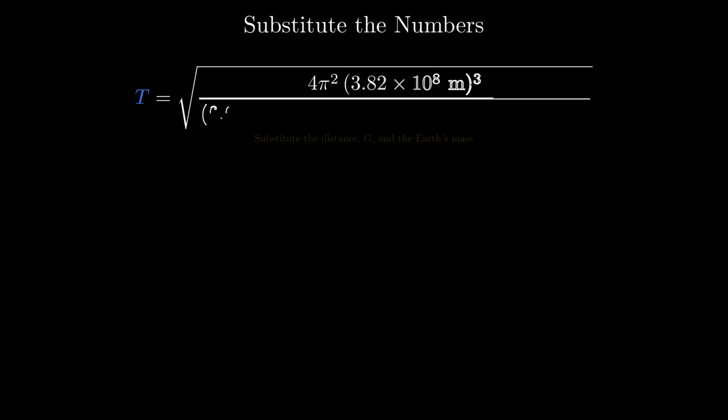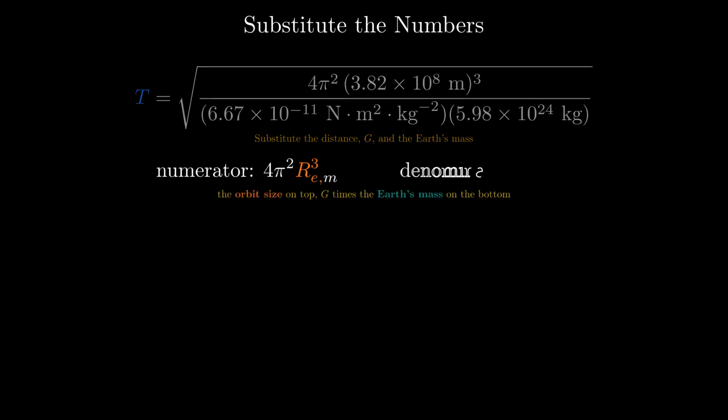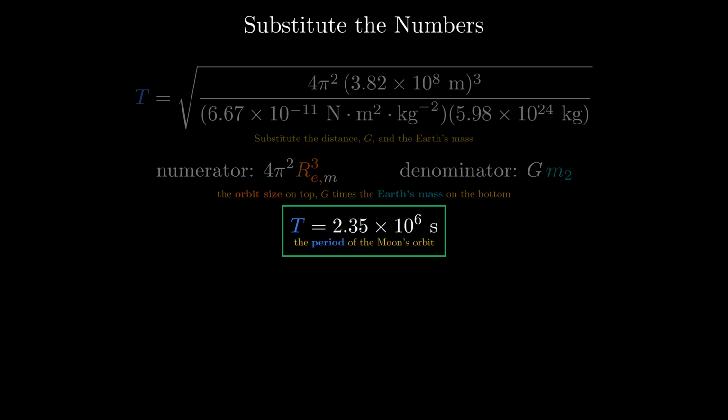Now substitute the numbers. In the numerator, we cube the Earth to Moon distance, 3.82 times 10 to the 8th meters, and multiply by 4π². In the denominator, we multiply G, 6.67 times 10 to the minus 11, by the Earth's mass, 5.98 times 10 to the 24th. Evaluating the whole expression under the square root, the period of the Moon's orbit comes out to 2.35 times 10